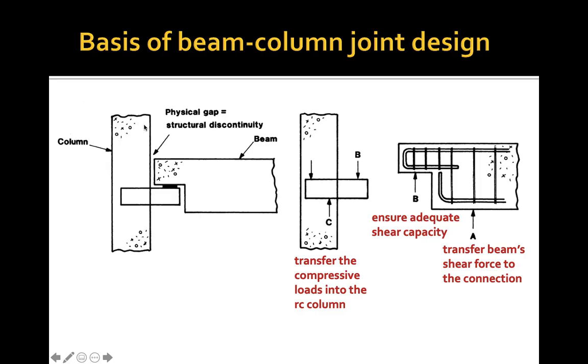So we have this column, and this is the steel insert, and we are going to have the physical gap, which will give us the structural discontinuity. As we have discussed previously, when we have a pin jointed component, we are going to have this gap,